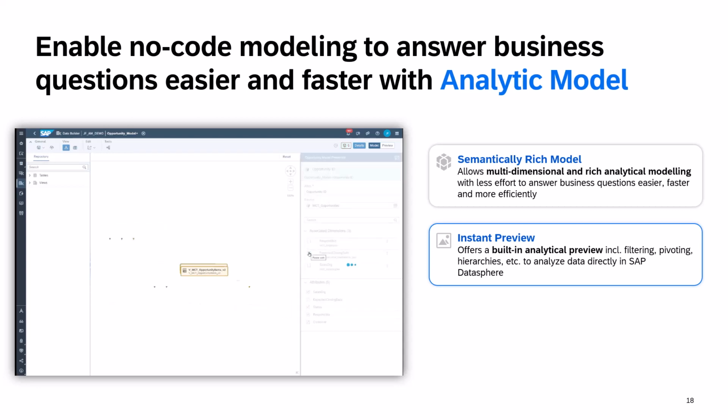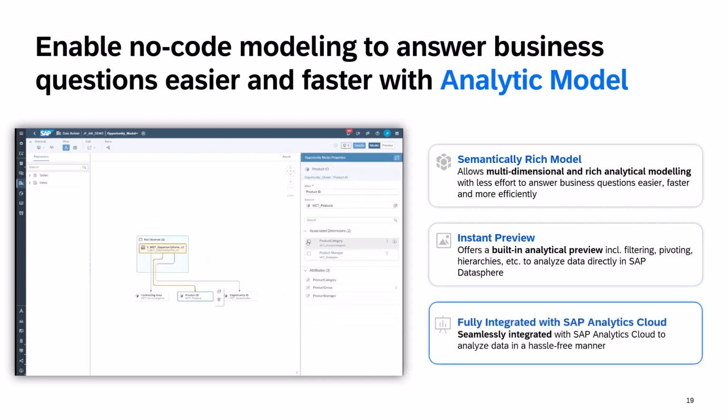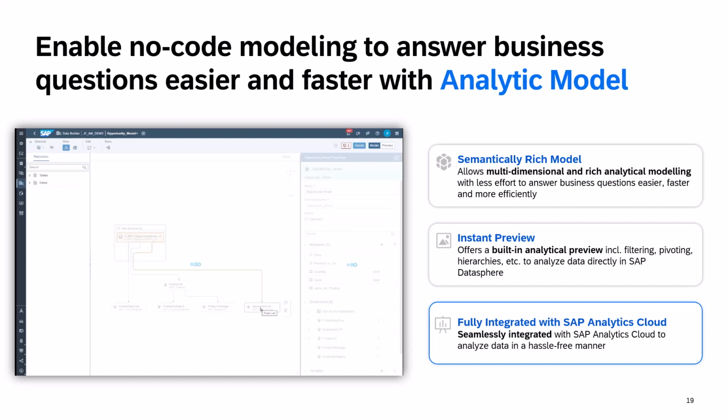This built-in analytical preview capability is really rich, and we will show you that also in the demo in a few minutes, with capabilities like filtering, pivoting, and having a look at the hierarchy usage, so you really can directly analyze that. Another benefit is that we are fully integrated with this model type also with SAP Analytics Cloud, really understanding all the details, features, and functions directly.